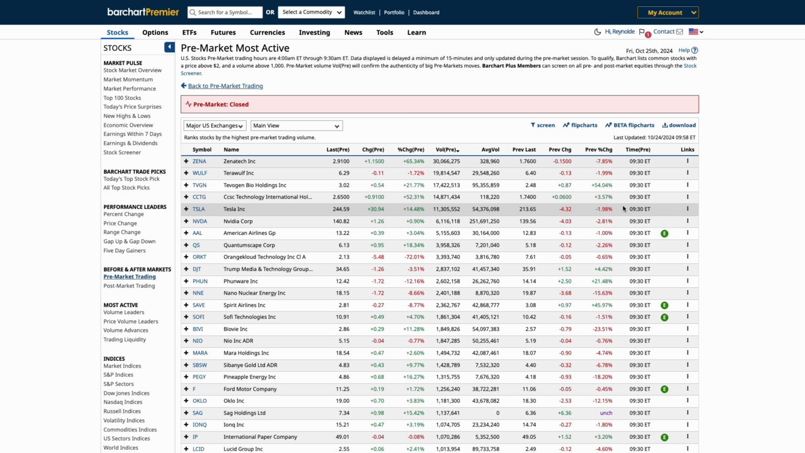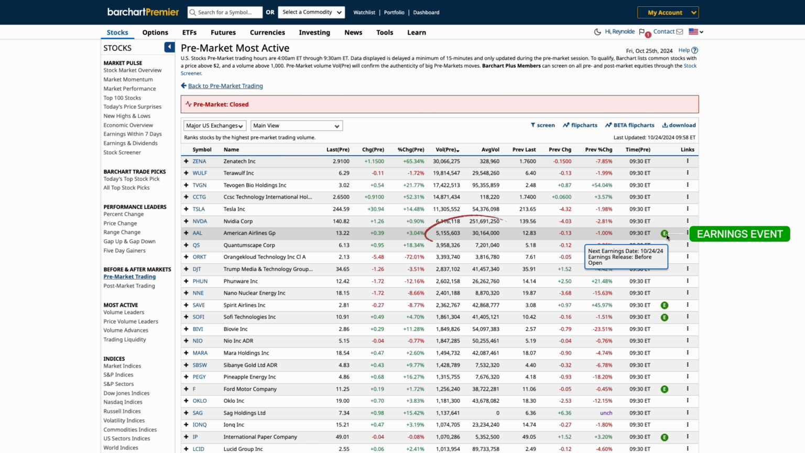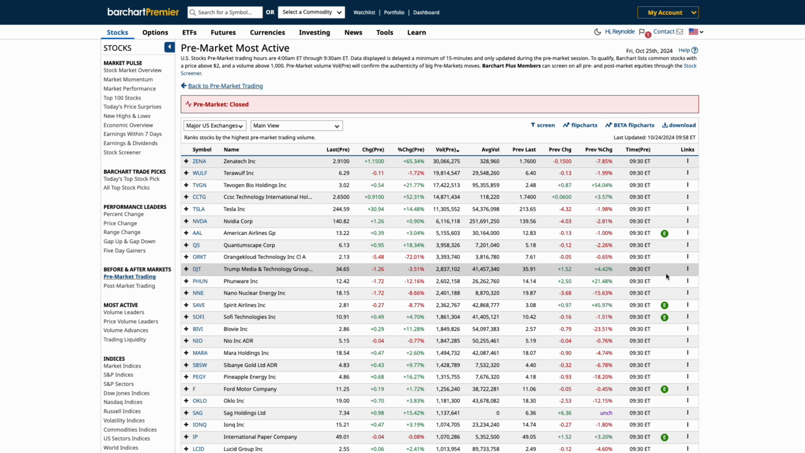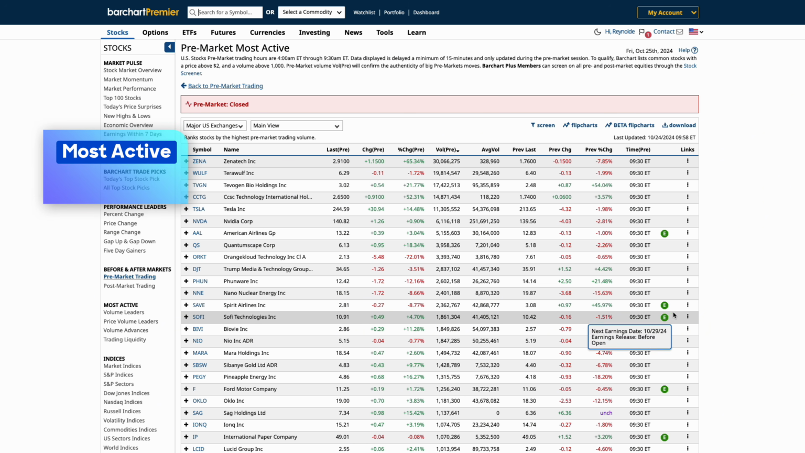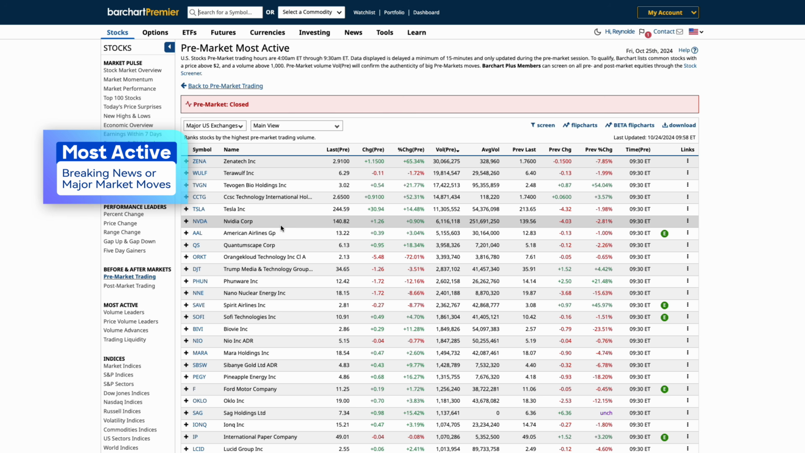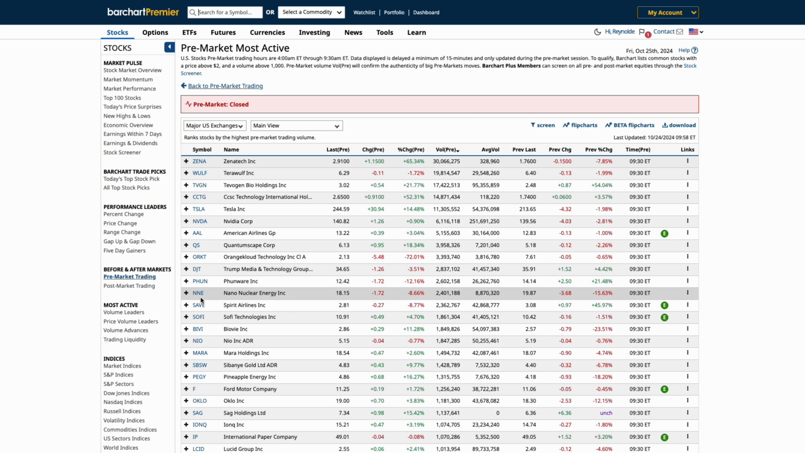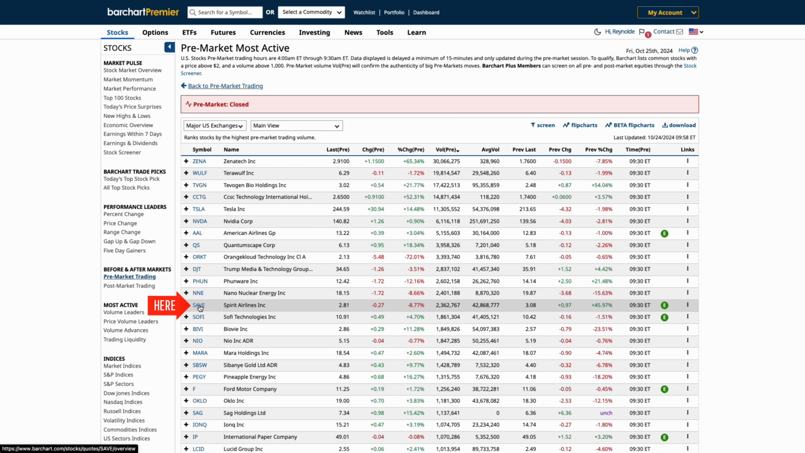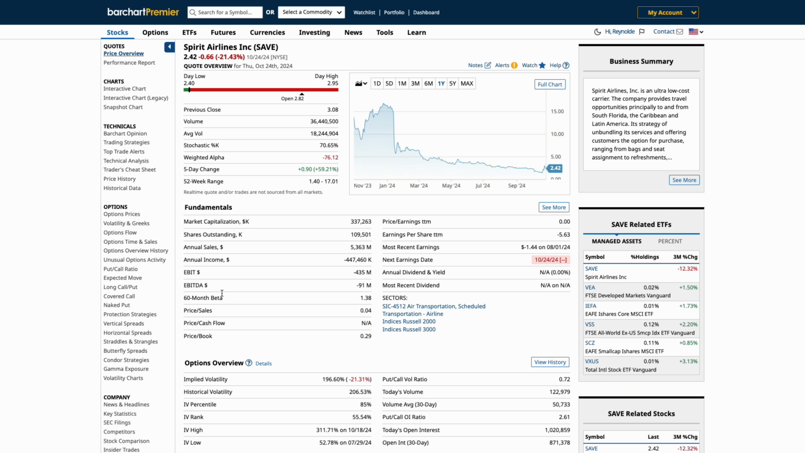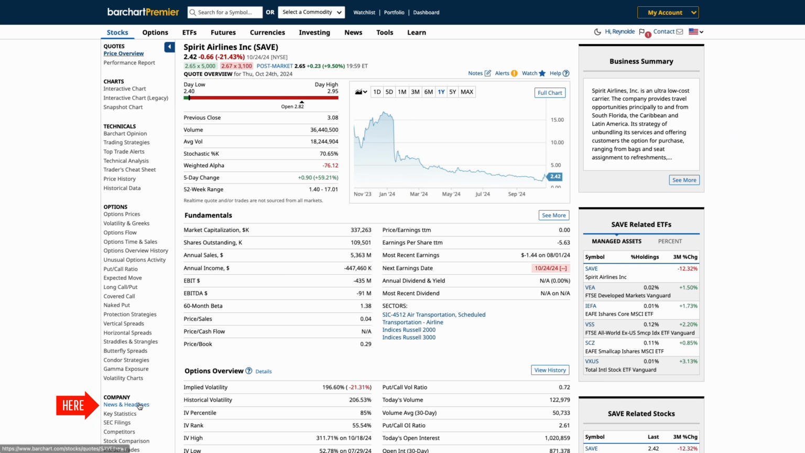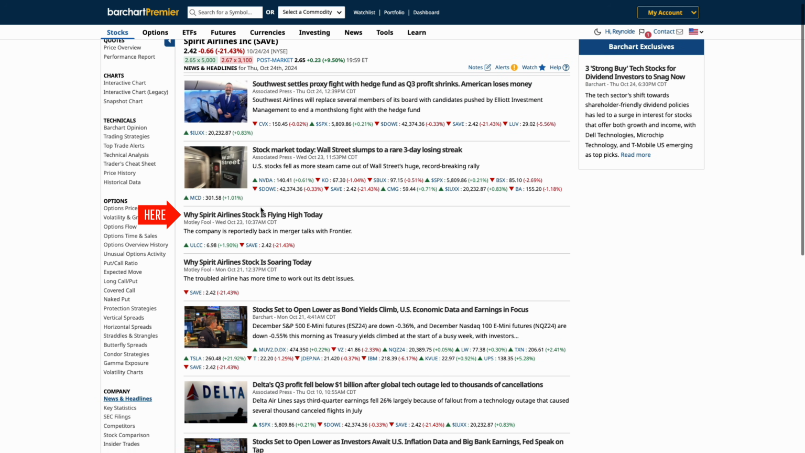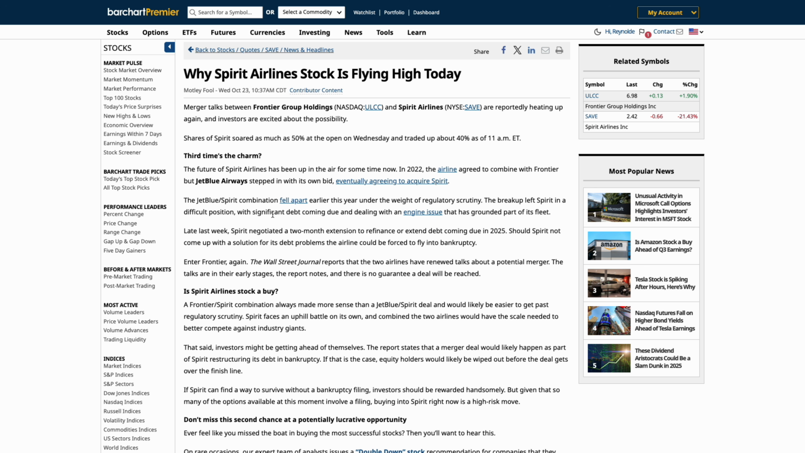Let's say you're looking for a stock with a large increase in pre-market volume with an earnings event coming up, or a stock with high volume from a previous day's price increase. This suggests that a lot of traders are getting involved, which often leads to price volatility during the regular session trading. We can also click on the ticker to find out what's moving the stock. Scroll down to news and headlines, and here we'll get the top stories behind the stock where you can get